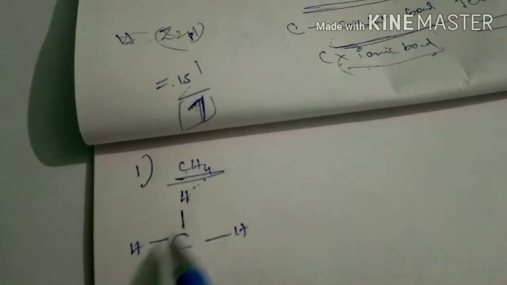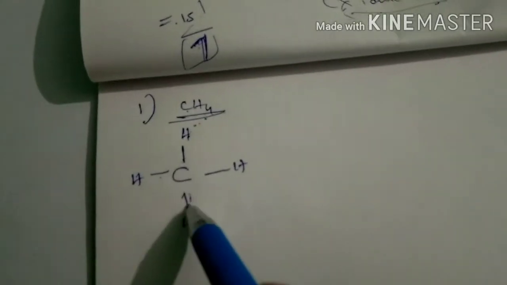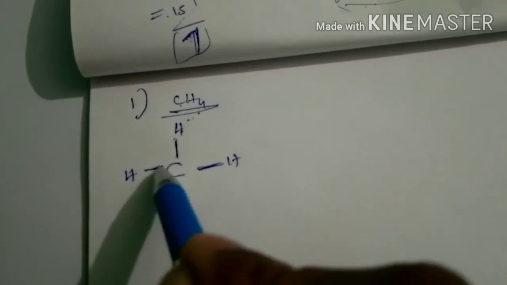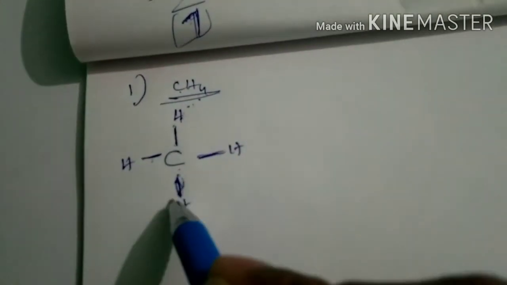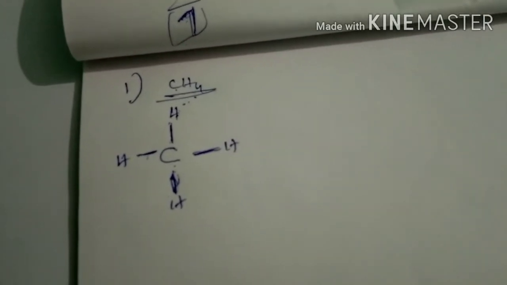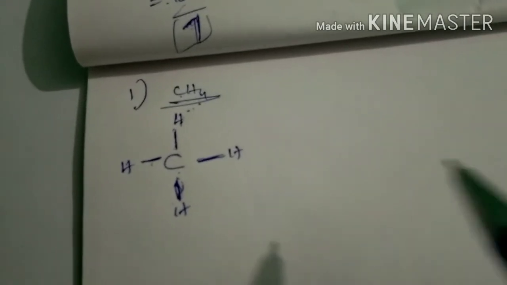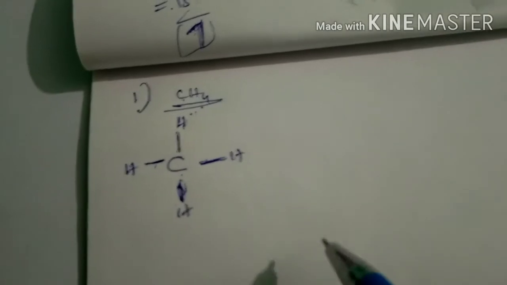See, this hydrogen forms one bond, this hydrogen forms one bond, this hydrogen forms one bond, this hydrogen forms one bond. See, this bond is called what? Covalent bond. So in this structure, carbon forms how many bonds? 1, 2, 3, 4. Not only here, anywhere carbon forms how many bonds? 4 bonds. Hydrogen forms how many bonds? Only one bond, because it contains only one electron. Why is it called covalent bond? That is also very important.